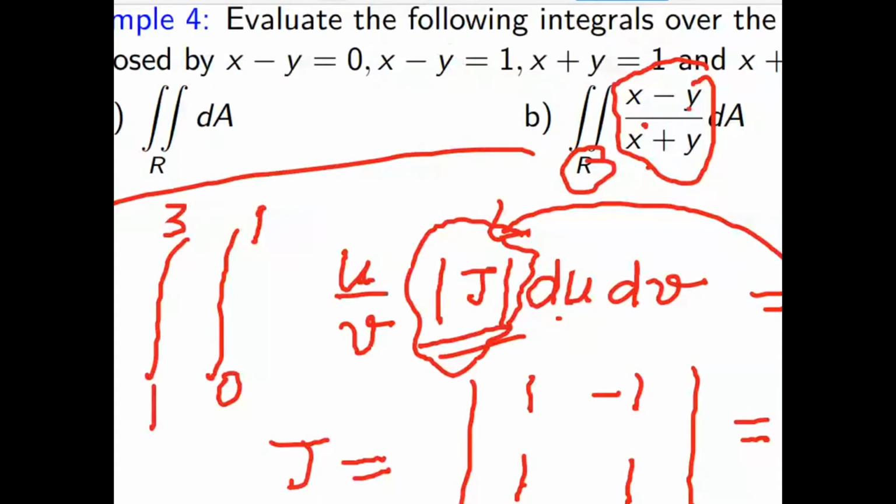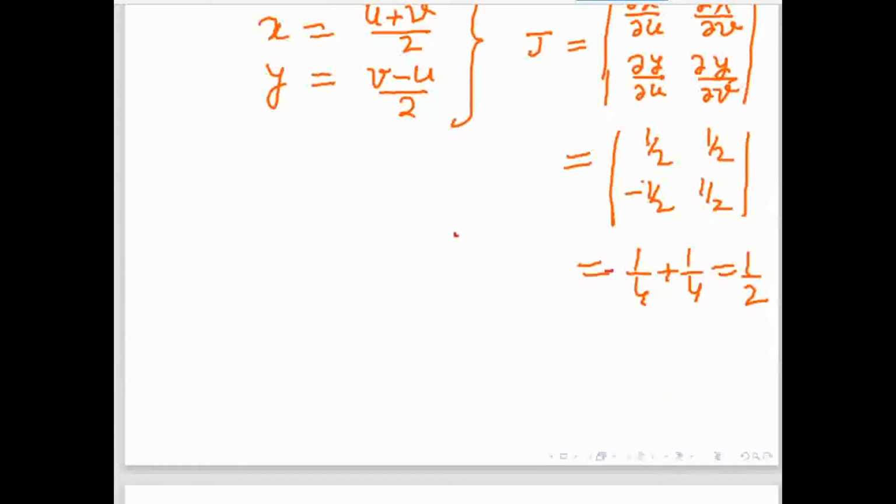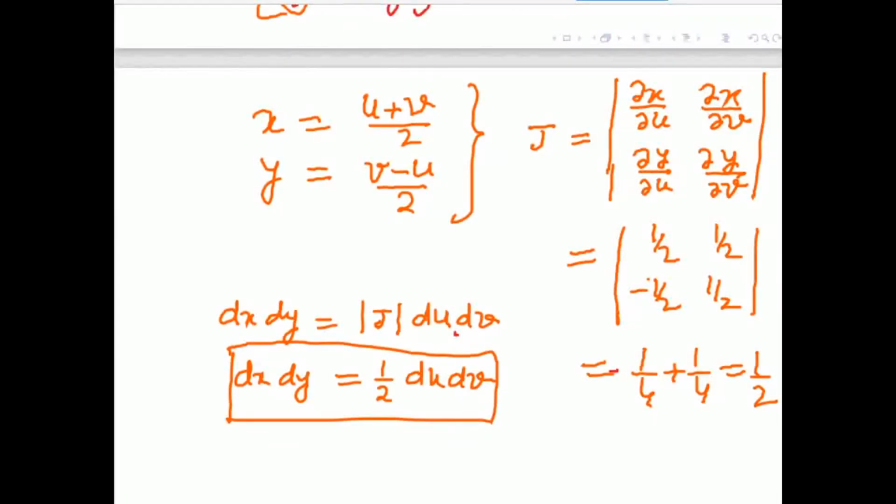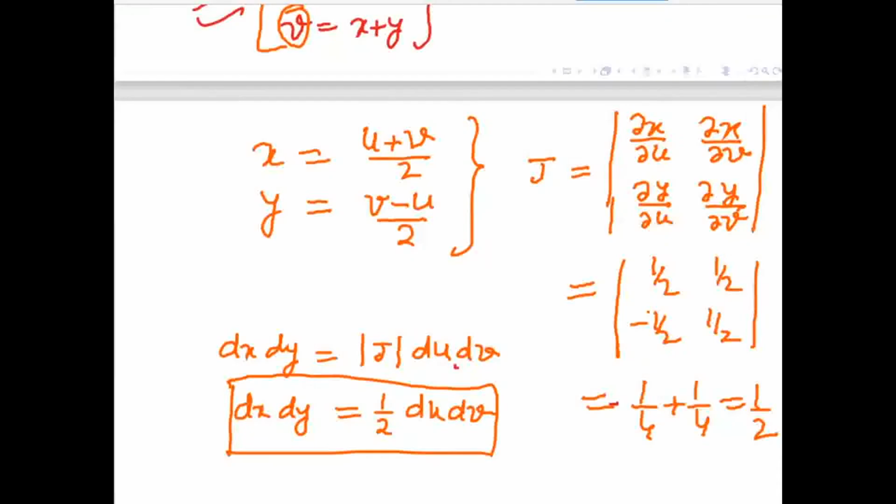So what does it mean? That means dx, so if you change, what is the change? dx equal to this. Is this clear to everyone? So this side, dx dy, that means the xy transformation is required. That means you have to find xy in terms of uv. Then you can write like this.